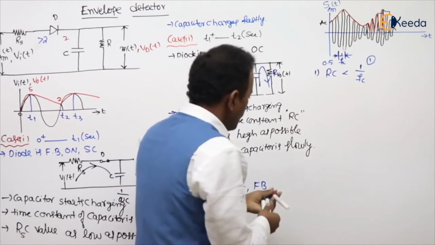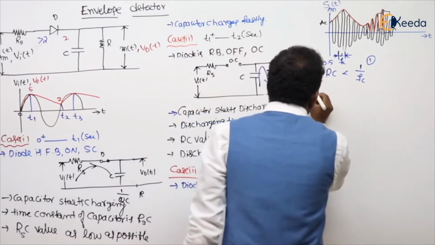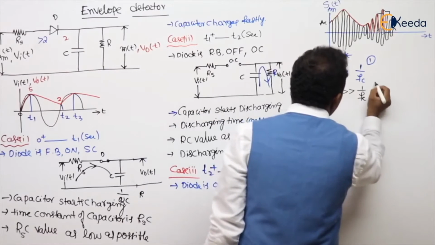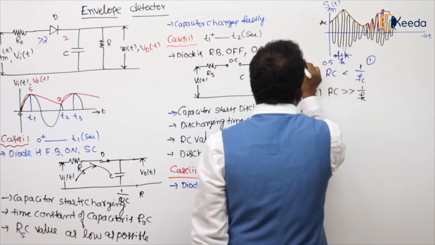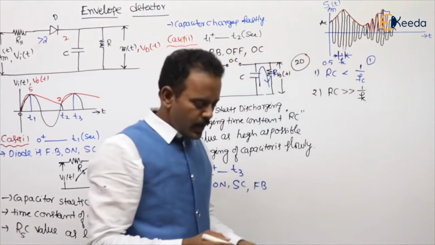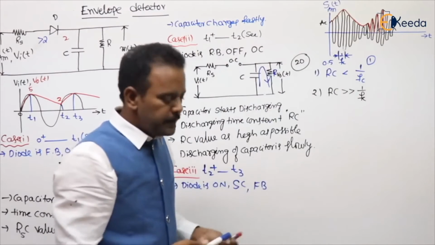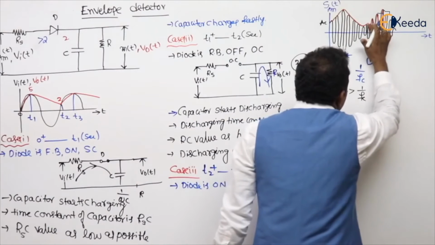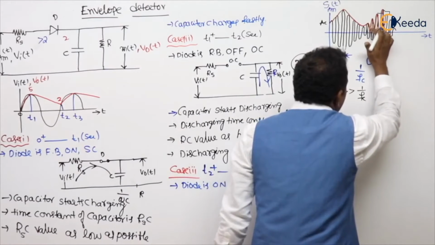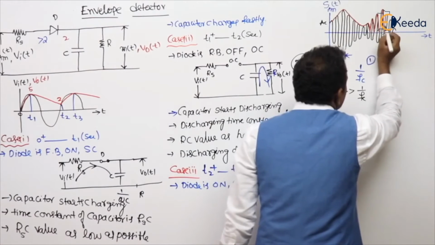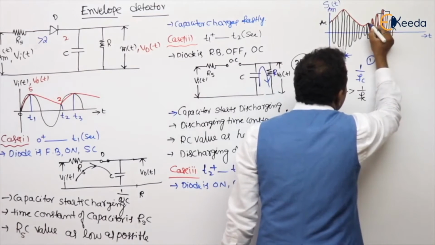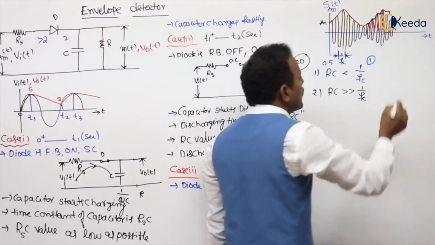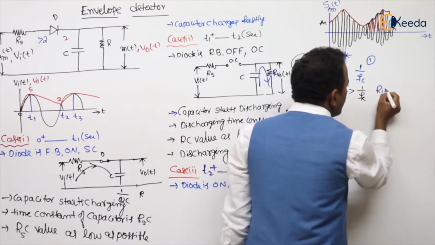So what we need to do? This RC value should be far greater than 1 by Fc. Like, this is 1 second, so you can take RC as either 20 or 30 like that. Now see what is happening. The next peak is coming within a time of 1 second. But what is the time taken by the capacitor to discharge? 20 seconds. So within 1 second, how much discharge? Very small amount. It is only thinking about discharging. 1 second will be completed, going for the next cycle. Like this you can decrease that ripple content.